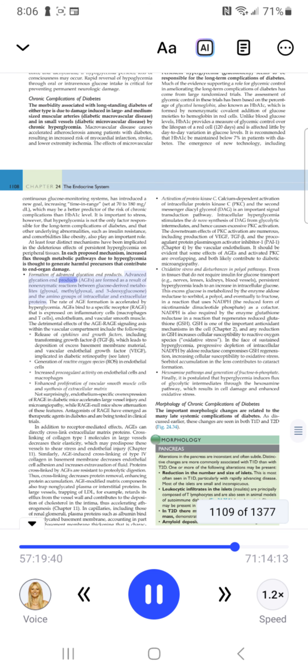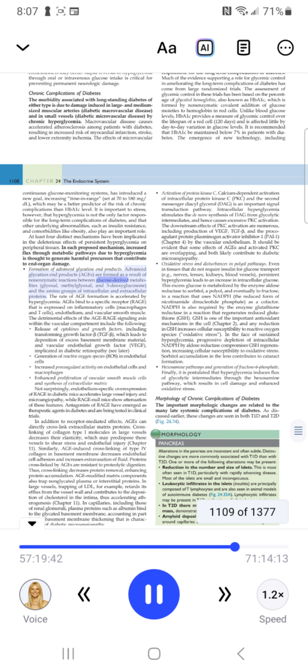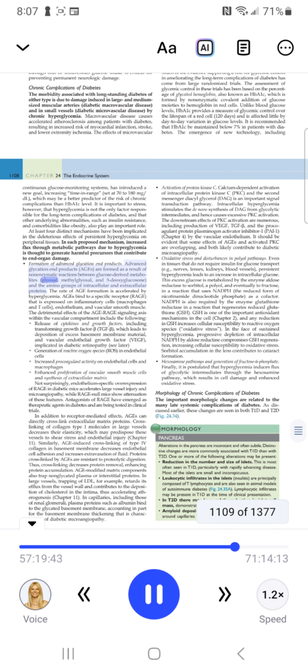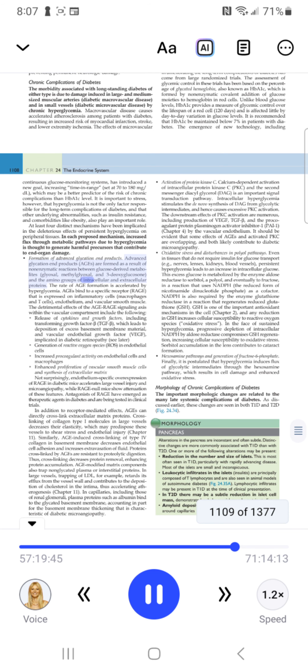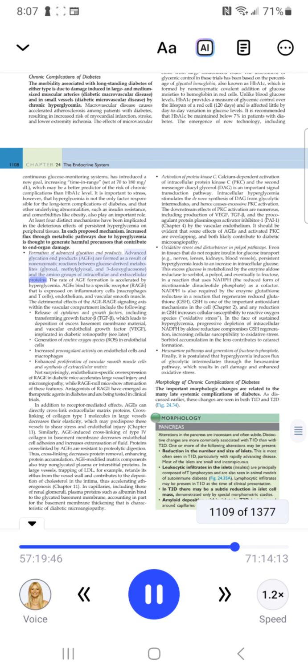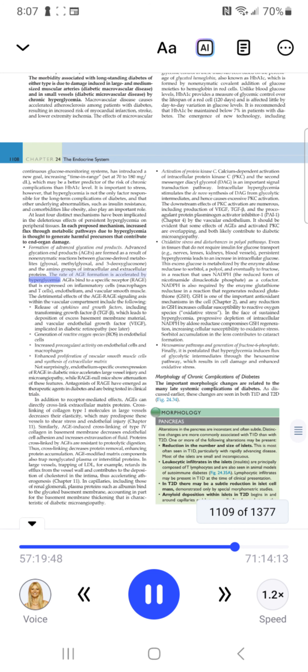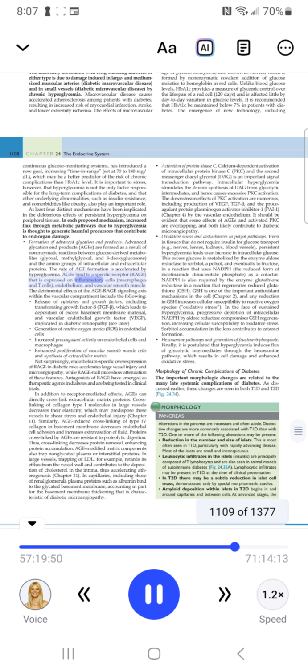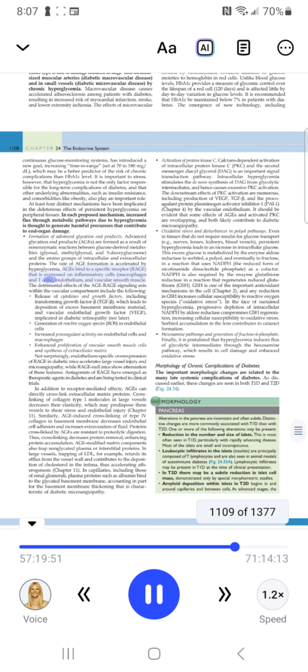Advanced glycation end products, AGEs, are formed as a result of non-enzymatic reactions between glucose-derived metabolites, glyoxal, methylglyoxal, and 3-deoxyglucosone, and the amino groups of intracellular and extracellular proteins. The rate of AGE formation is accelerated by hyperglycemia. AGEs bind to a specific receptor, RAGE, that is expressed on inflammatory cells, macrophages, and T cells, endothelium, and vascular